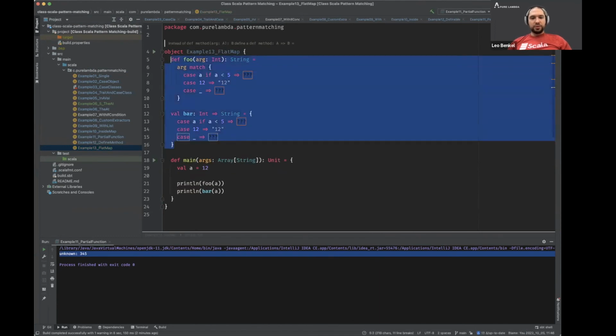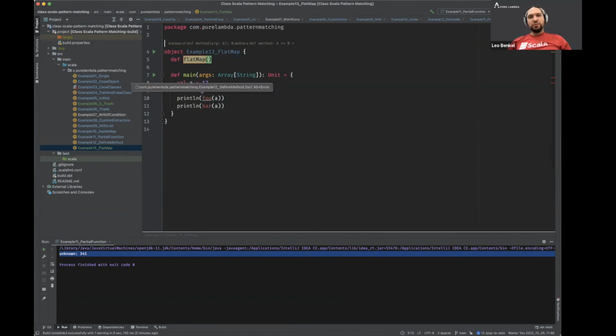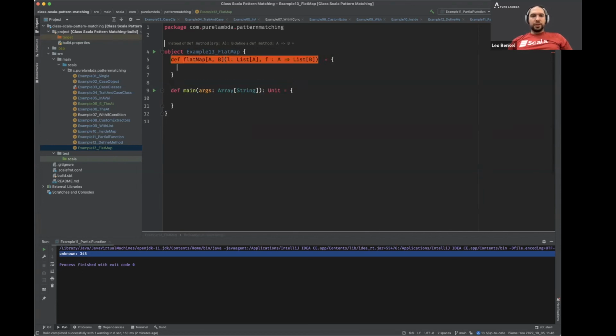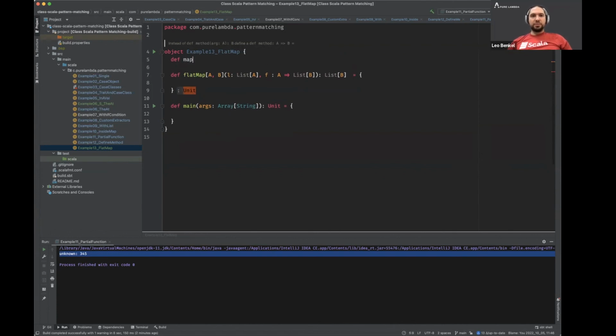So what we want is flatMap. But what will be the collection? Is it a list? A list, yeah. Okay. List of A. And we want the function we apply to be A to list of B, right? And the return type will be list of B. So first we can do the map. That's kind of easy. Yes. Map, and that would be